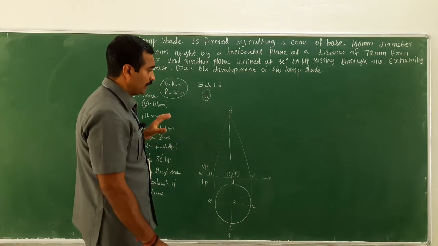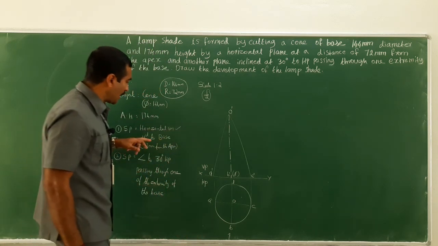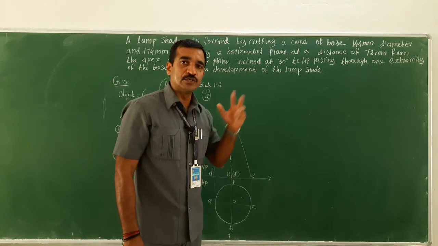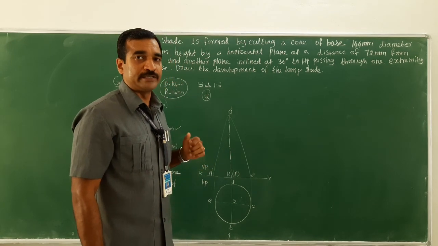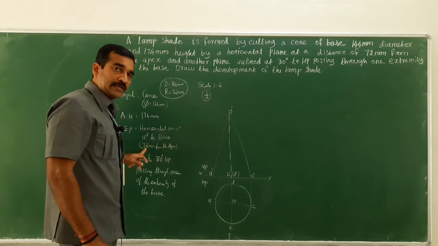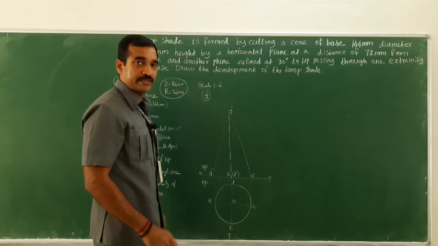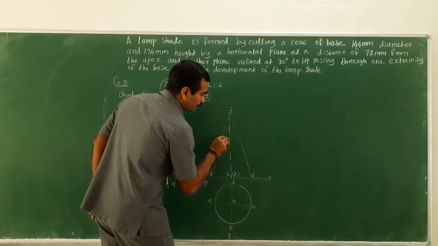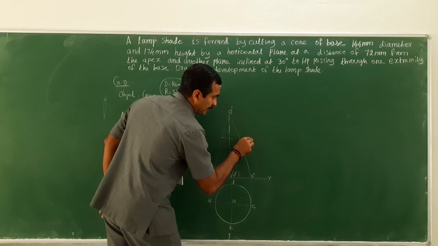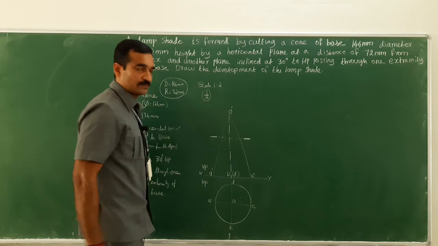Fine. Now, let me just choose the cutting plane 1, which is horizontal or parallel to the base, that too 72 mm from the apex. You have already considered the scale, so half of it, that means 72 divided by 2, 36 from the top. This is somewhere here. Now cut an arc. So this is the cutting plane which is passing through it. The cutting plane should be represented widened on both sides.